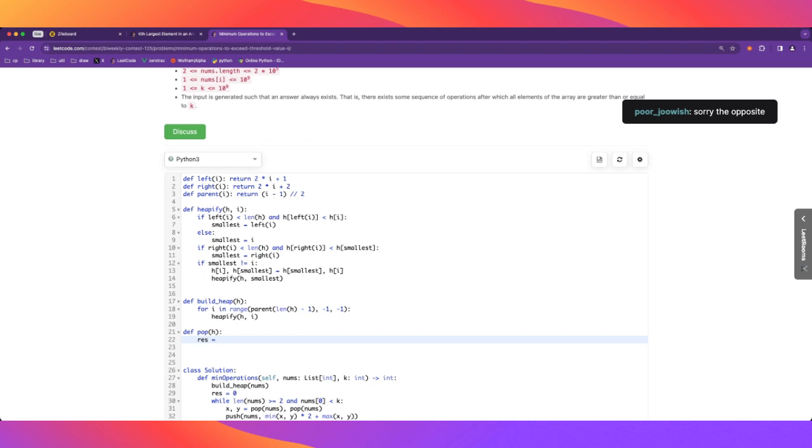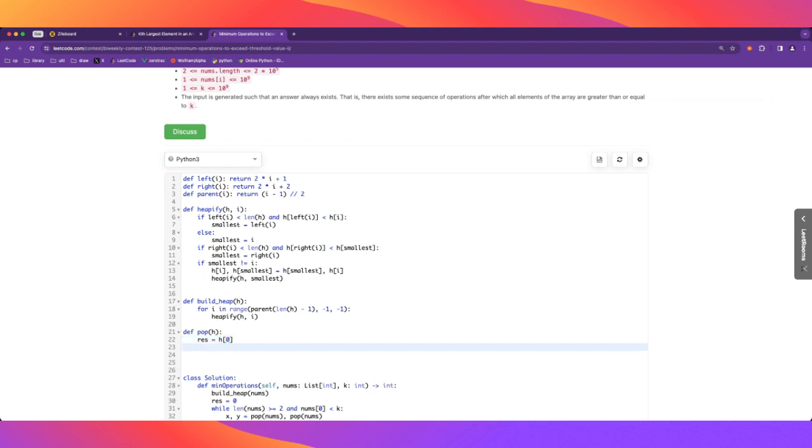So the result, we want to return the minimum, which is at 0, but now we want to remove it. So we're going to step over the last element,